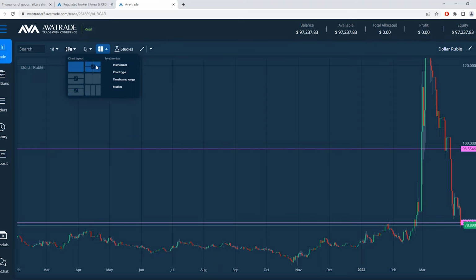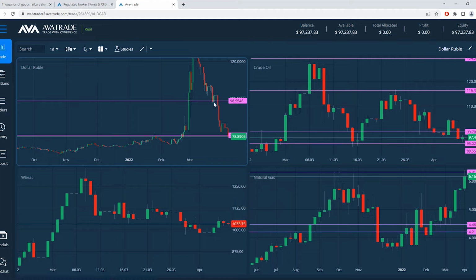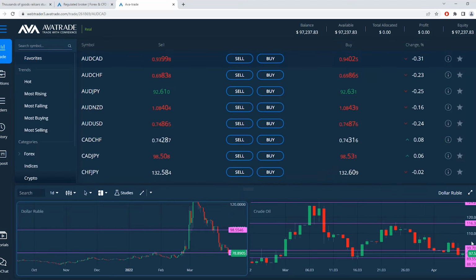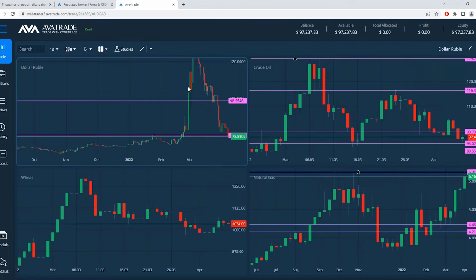I've got the 4-chart view that I prepared with 4 different charts that I think we could maybe benefit from looking at today. So the dollar ruble, let's expand that and do the technical analysis. As I'm on the dollar ruble and I expand the chart to a one-screen view, if we want to look at the dollar ruble,